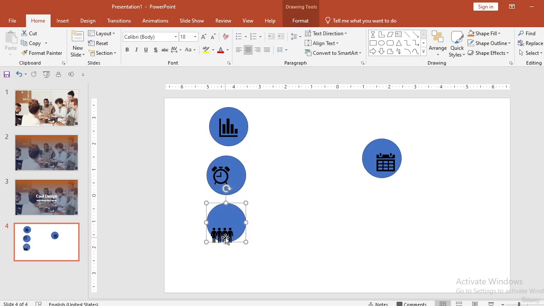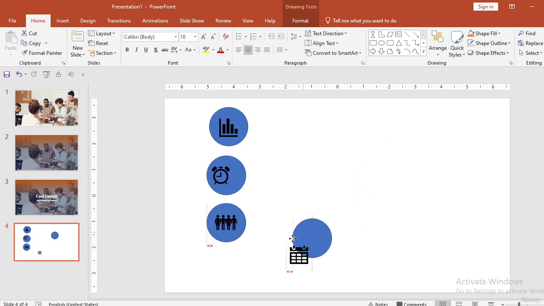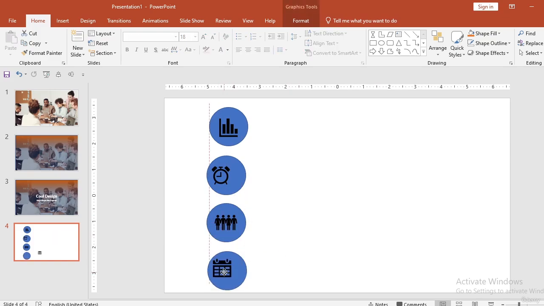So what we are doing is we are trying to align the objects. We want to have this equal alignment of the object and the icon. You would notice,